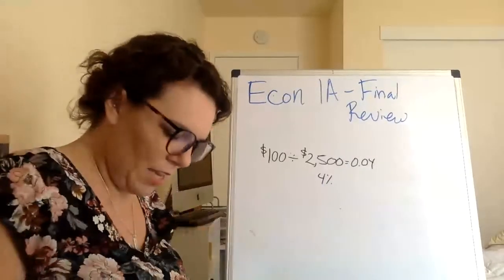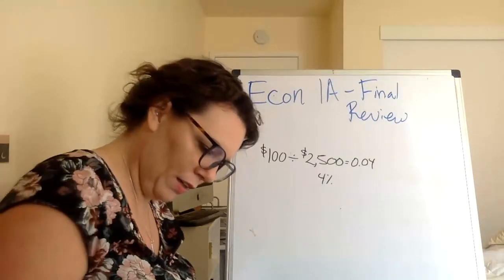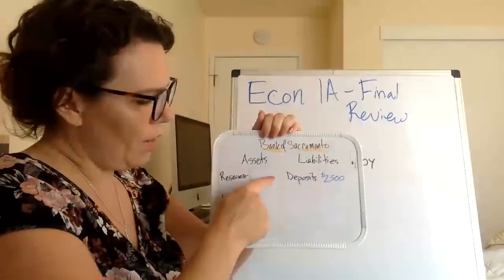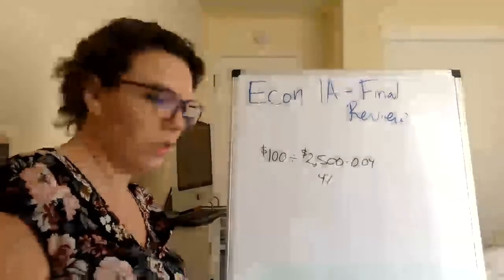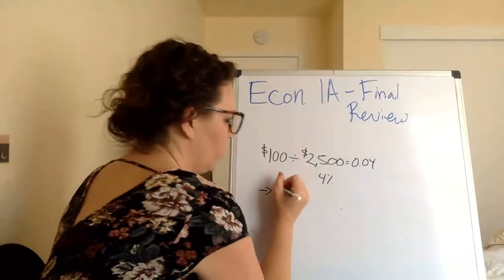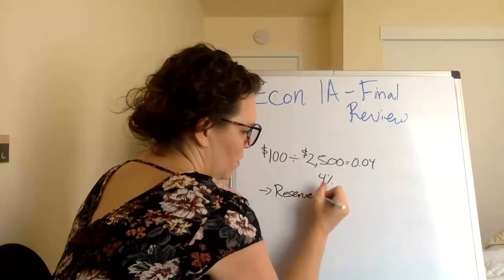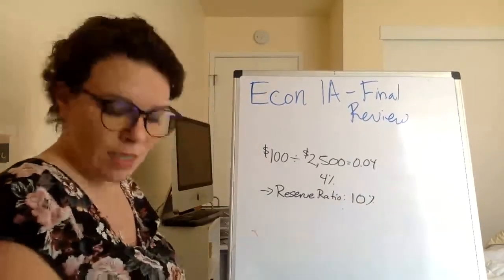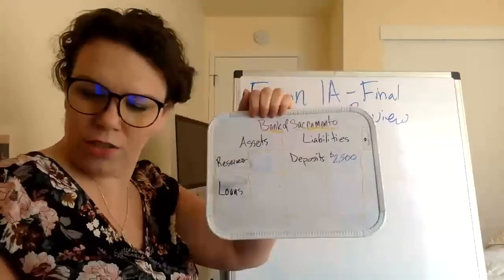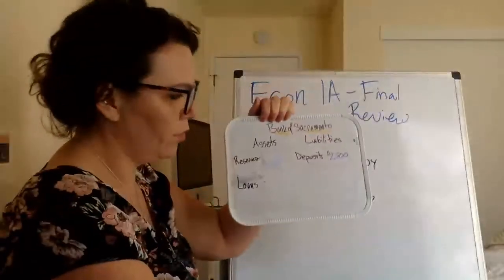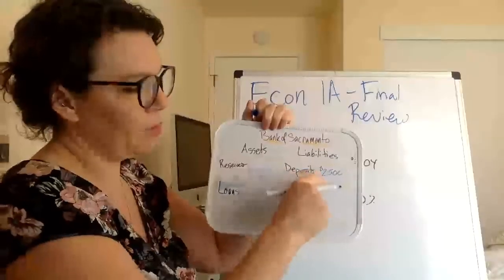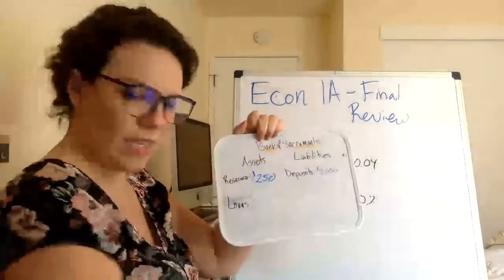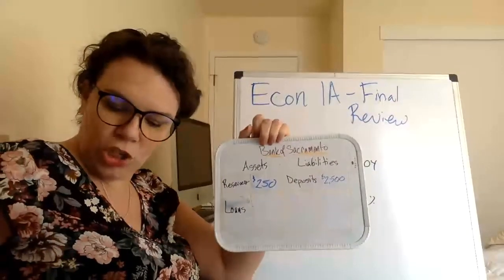So if we take our same balance sheet, let me just fix it real quick here. So now we've got $2,500, and we're going to hold a higher percentage of reserves. So let's say we want to hold a lot more. Let's say we're going to switch up the reserve requirement. The reserve ratio is now going to be 10%. Well, that means that 10% of the $2,500 deposited are going to be held in reserve. So instead of $100, we're going to hold 10% of 2,500, or $250. Now we can see that that means that there's going to be fewer dollars loaned out into the market,